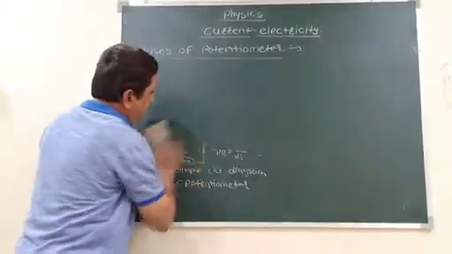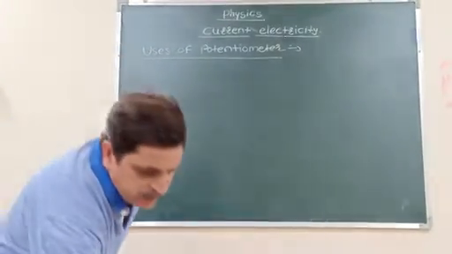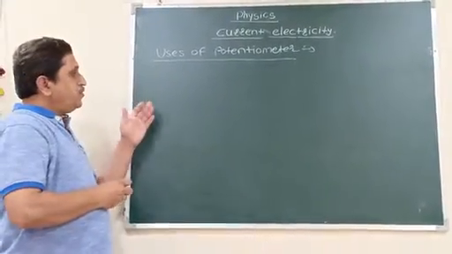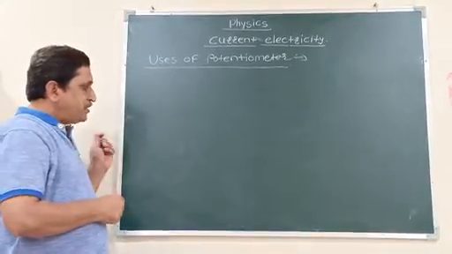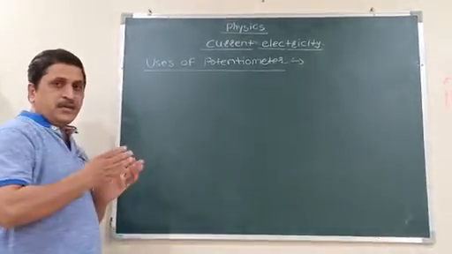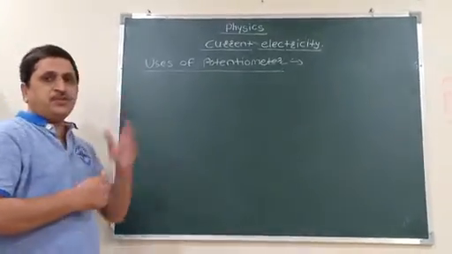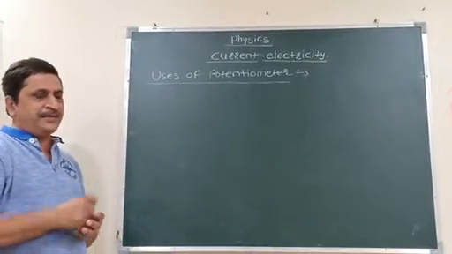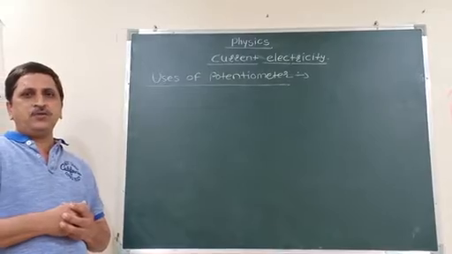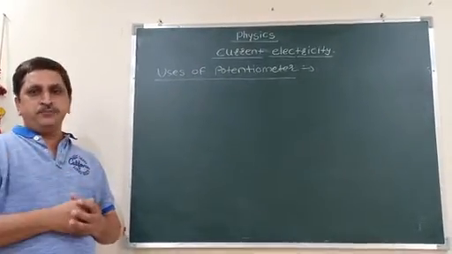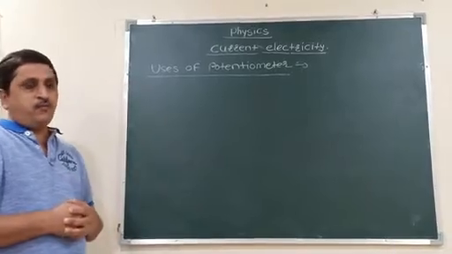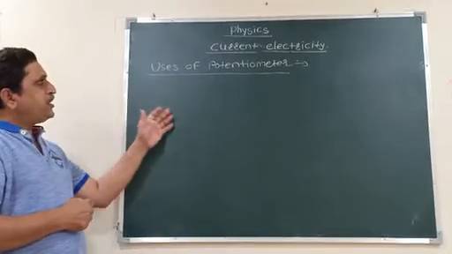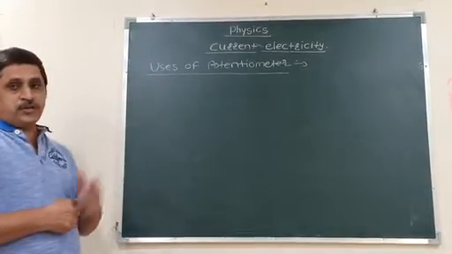Then second, how we can use potentiometer as a sound control. In that case also, we are using the technique of potentiometer. That means we are sliding that jockey along the wire AB, we are increasing or decreasing the voltage, and on the basis of that increasing or decreasing voltage, that voltage is applied to the amplifier. That means the signal gets amplified. Amplifierचा वापर काय होत असतो? Just to increase the strength or power of the input signal. On the basis of that technique, we can control the different factors of the audio signal system. That means we can use potentiometer as a sound controller.